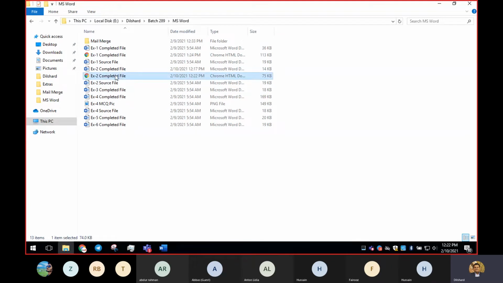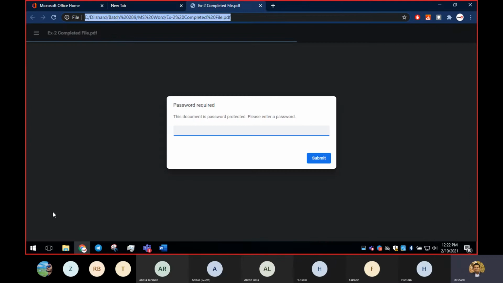So this may be the result sheet that I sent you to the common group, and I have texted you the password. We can't send the PDF in a text message, so in the text message I have circulated the password. Those who have the password, after double click, no data will be visible. See, you can't read this PDF until you type a password.